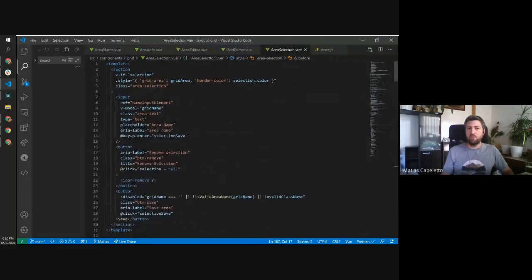And in the area selection, we have an input for the area name. We have the buttons to remove it and to save it, and you can only save it if it is a valid area name. That means there isn't any other area in the application that has the same name. This is a restriction that we place. We could actually allow the same name in subgrids; we could modify that at one point. And that is how it works, and it defines a grid